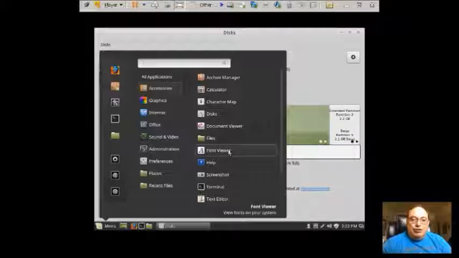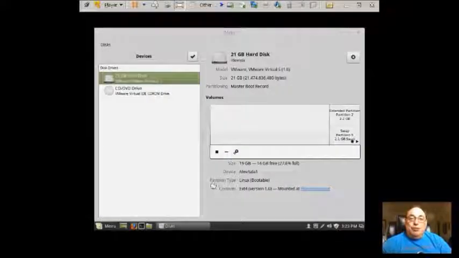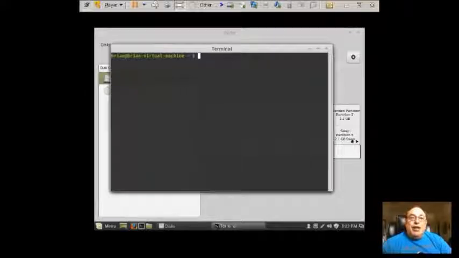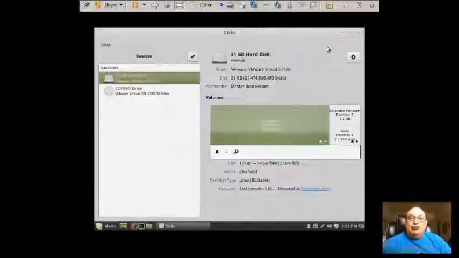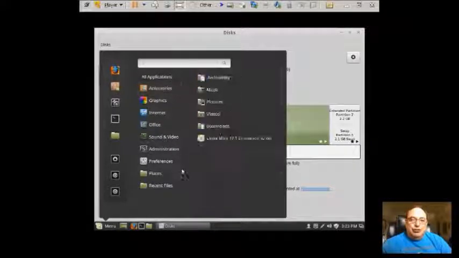You have files, font viewer, help. Okay, with Windows to take a screenshot, it's a little complicated. Guess what? With Linux, it's a piece of cake. You just hit screenshot and you have a screenshot. Terminal. This is important because what does this do? That opens up the all-important Linux terminal, which we'll discuss so much about in this course. We'll close that for right now. We'll go back to accessories. Okay,